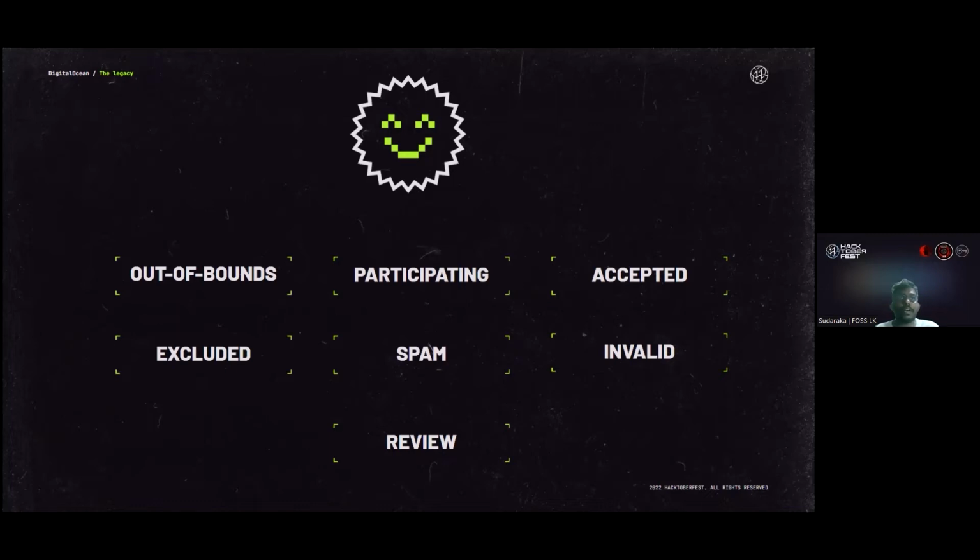So in some cases, if the Hacktoberfest team identifies that a repository is not a good one, they will eventually ban that repository. So in order to complete your Hacktoberfest, you should select good quality repositories to contribute to. The next thing is that your PR should not be a spam PR.